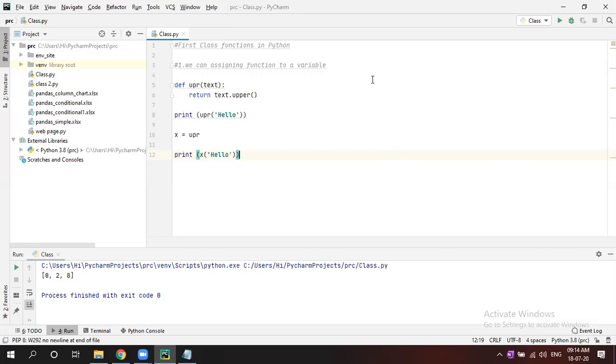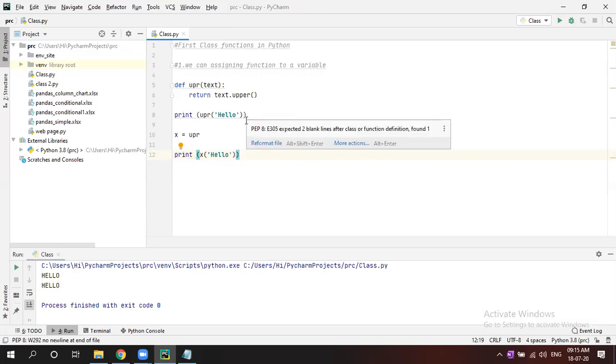Now how to write a function to convert into uppercase? You have to write text dot upper. Upper is an inbuilt function, right? Now just print that function name, upper hello. Run it. So it will print in capital, right?